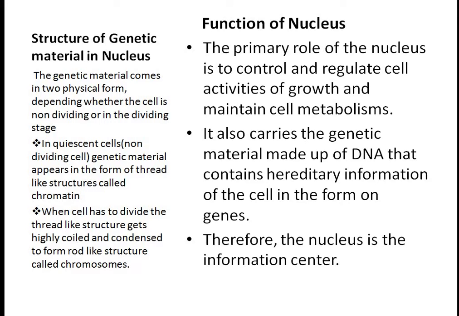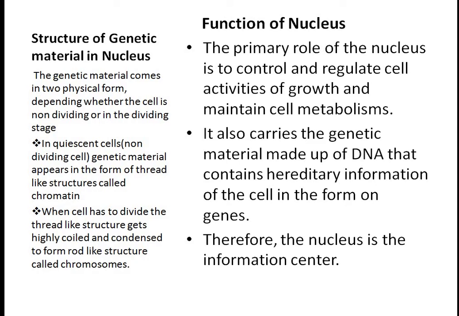The genetic material or hereditary material is made up of a chemical called deoxyribonucleic acid. This DNA carries information in the form of genes which are passed from one generation to another. Plus, it also contains all the information necessary for the activities of the cell, whether it may be growth, the lifespan, the metabolic activities, or the biochemical reactions happening in it. All these functions or activities are controlled by this information.